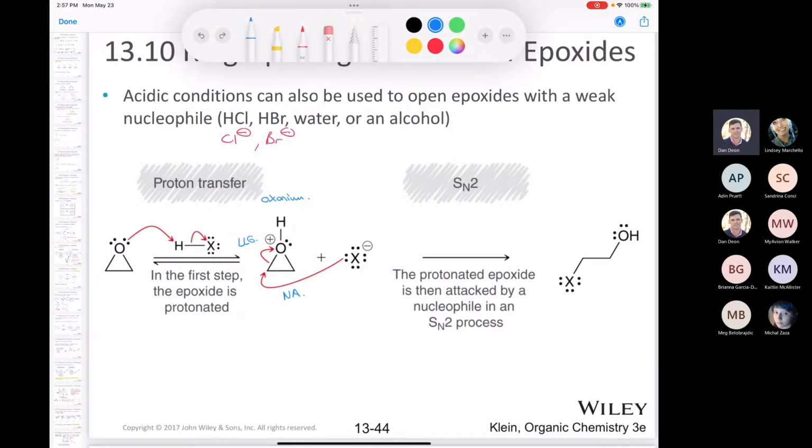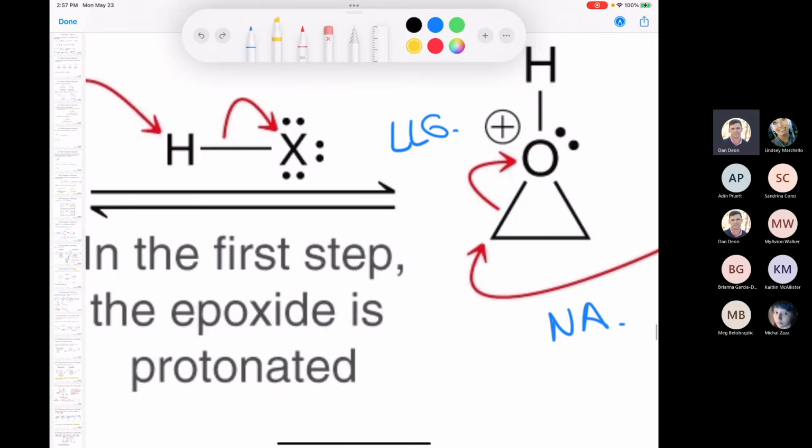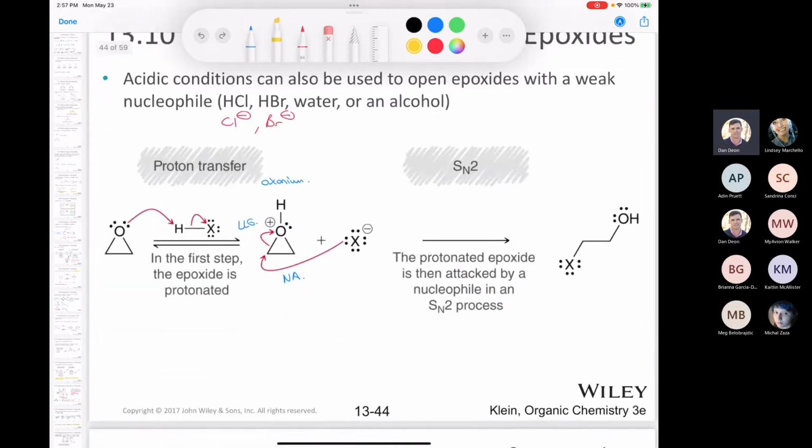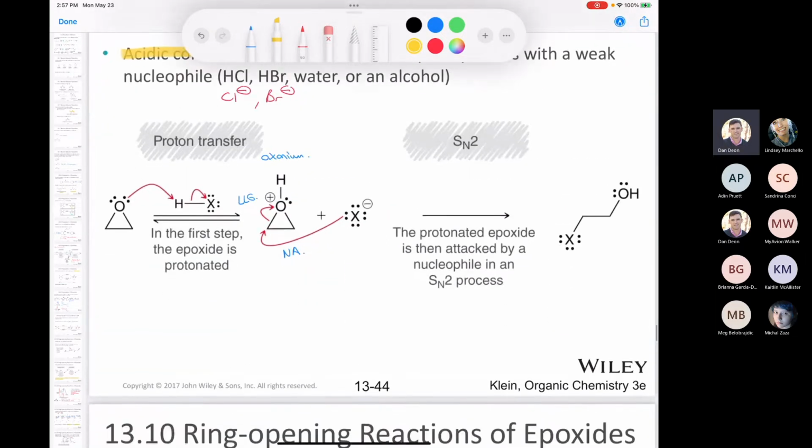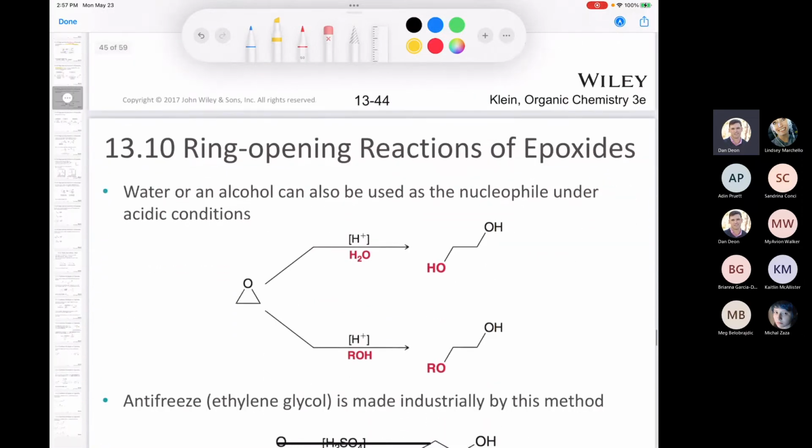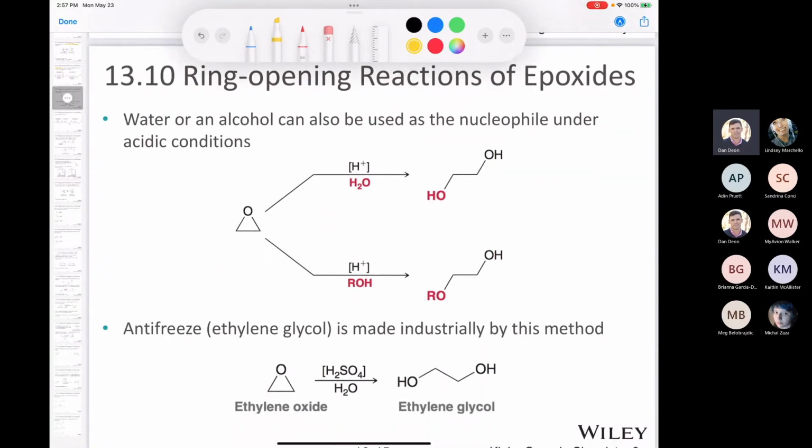And there you go. Now, there's some interesting nuances with acidic conditions. What are those interesting nuances? Well, there's some things that you might not even expect, but we're going to get to that in a second. It says here that water or an alcohol could be used as a nucleophile. If water is your nucleophile, again, after you do the proton transfer, you make your oxonium. If water is your nucleophile, it's going to come in and attack, and you're going to end up with a diol. However, if your nucleophile is an alcohol,